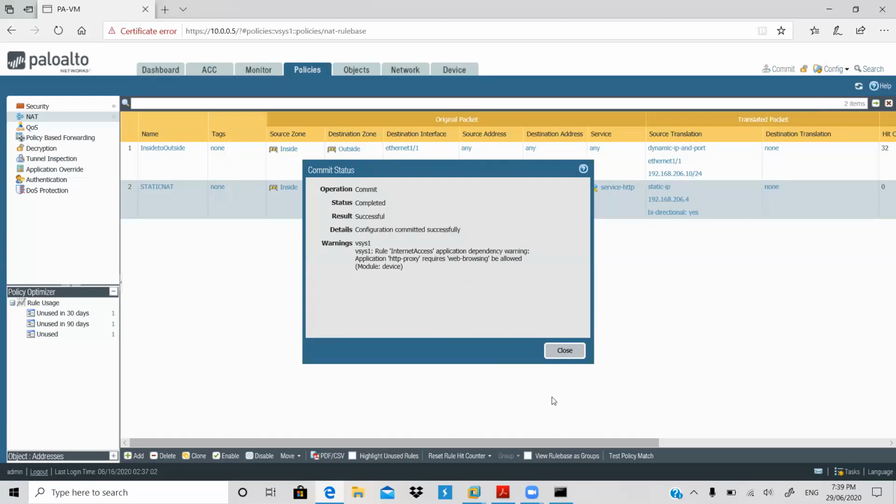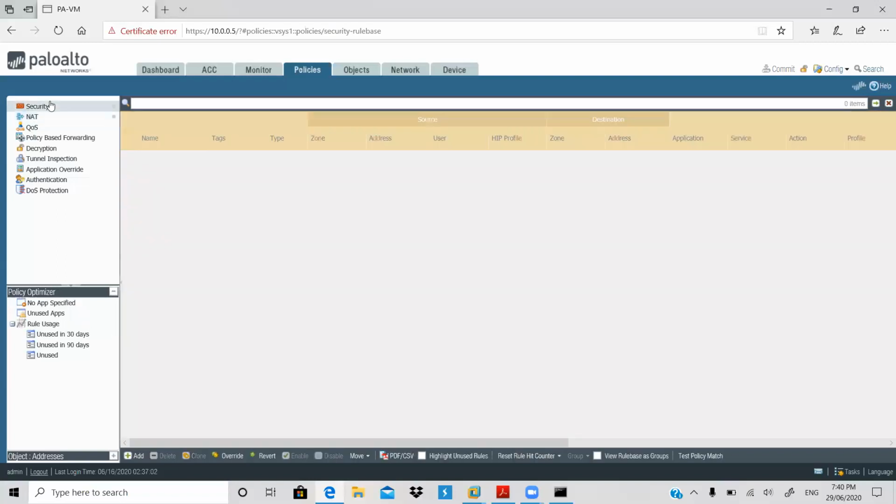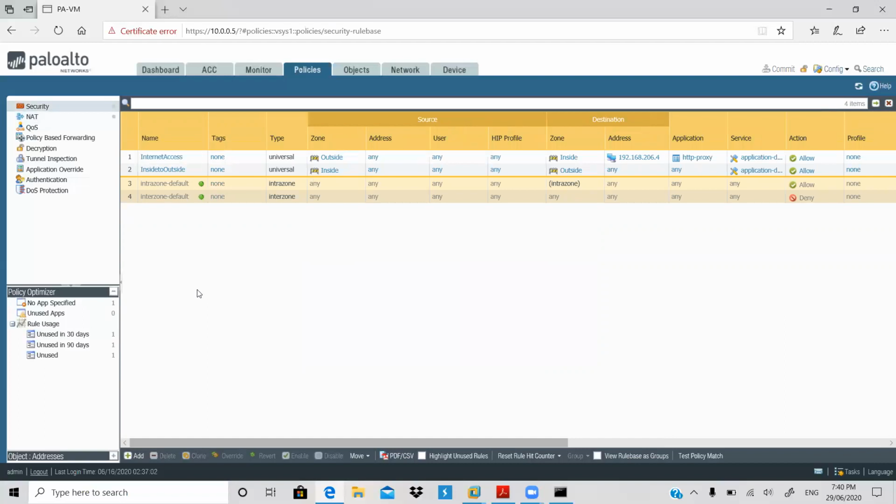Okay, that part. Come here. Close it. Come on the security. Inside the security, we have created where that is our internet access. Open it. Yes, this one.